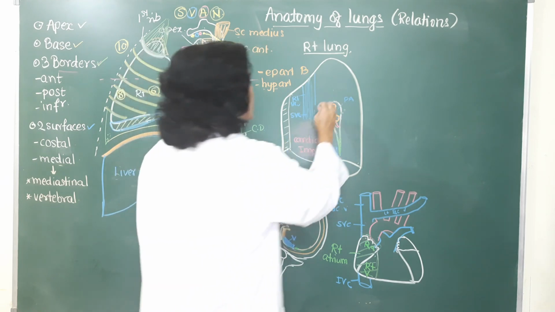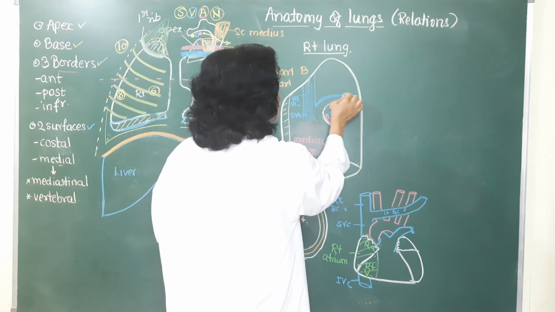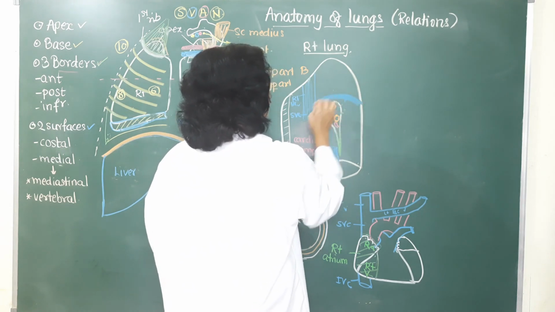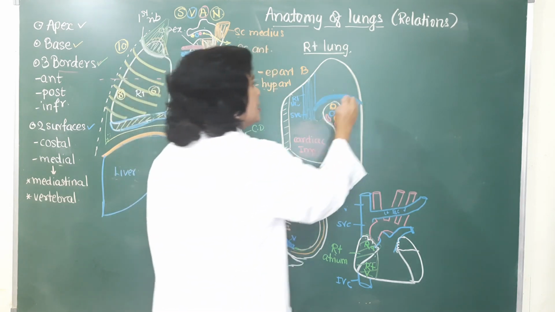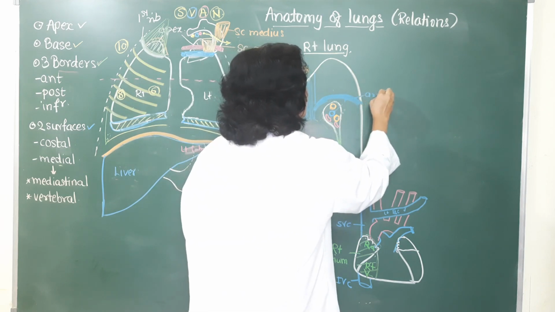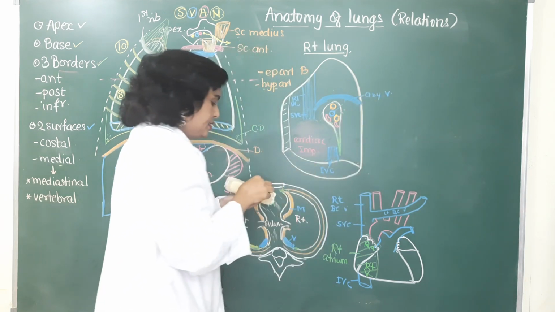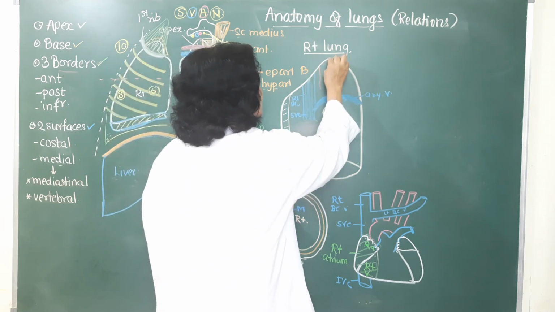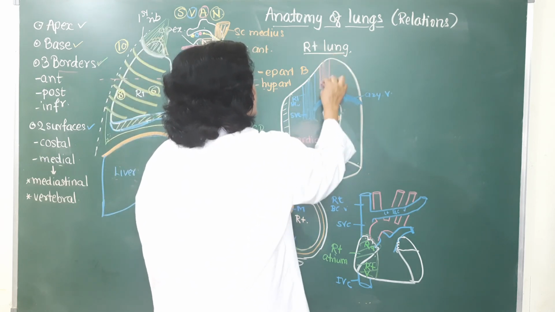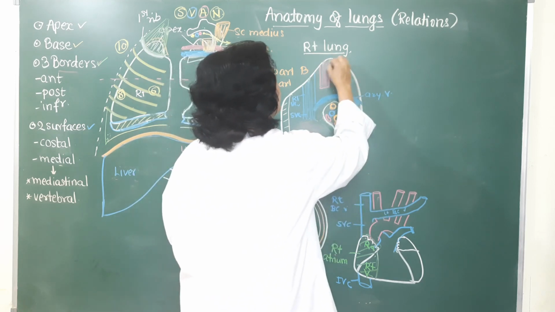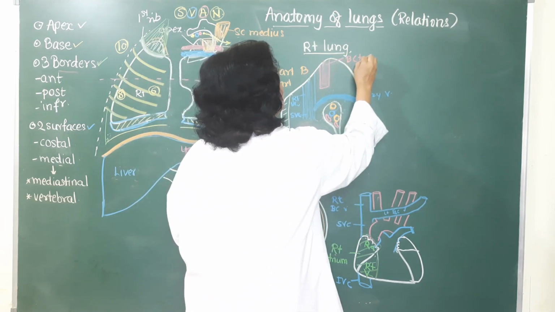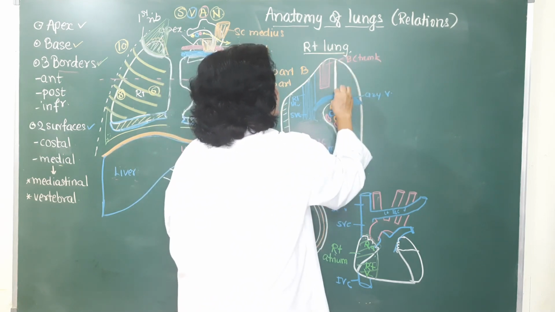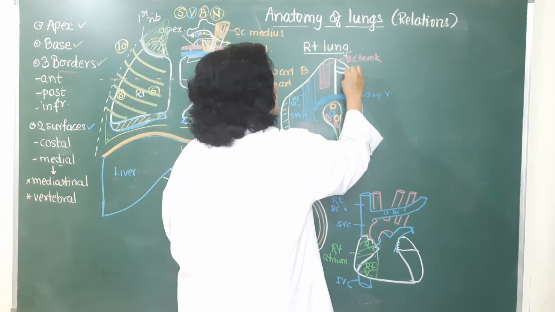Okay, then one arch groove you can see passes backwards over the hilum of this right lung, and it lodges the azygous vein. Just behind the groove for the right brachiocephalic vein, you can see one more vertical groove, which lodges this brachiocephalic trunk. This is the groove for brachiocephalic trunk, and still behind that, here you get vertical groove which lodges the trachea,